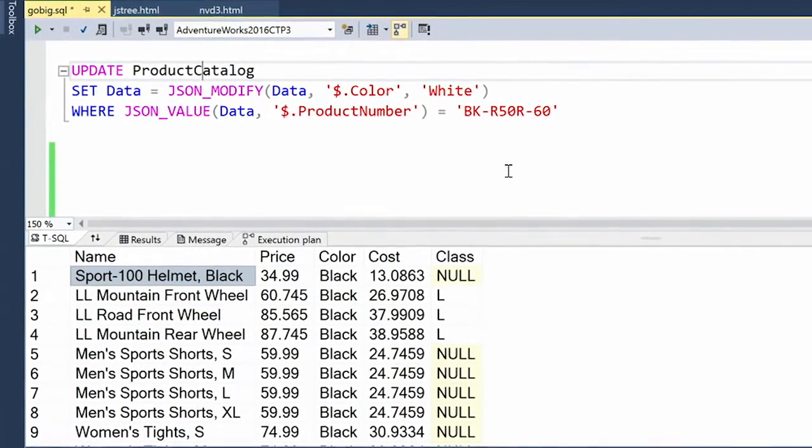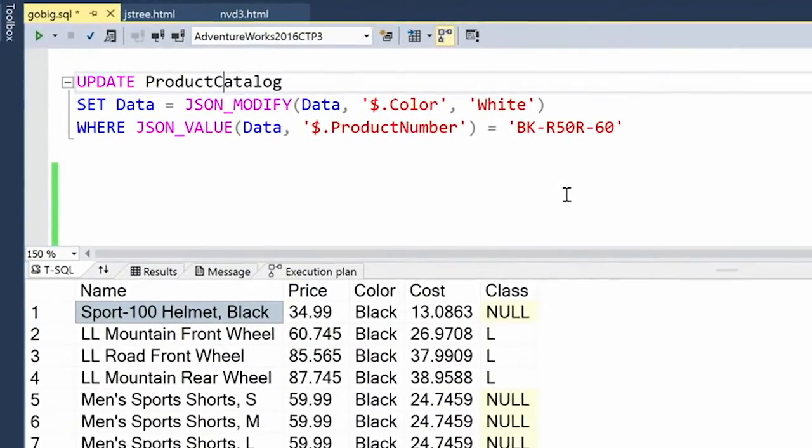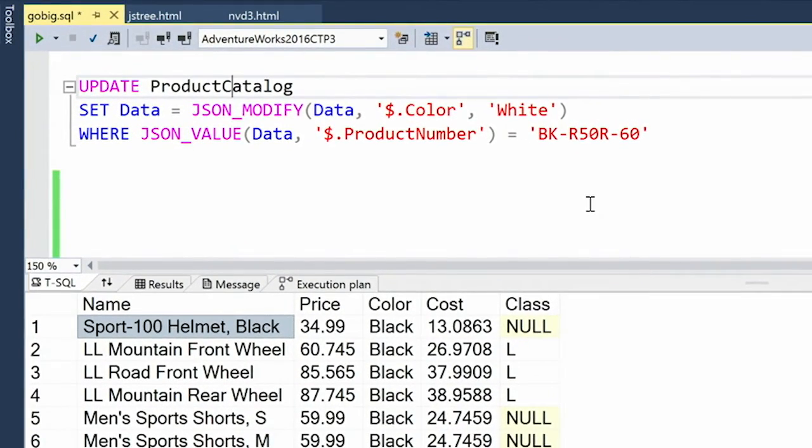You can also modify any value in JSON text using the JSON modify function. This way, you have the same experience while working with JSON data as with any other data. This example will just take this new value and write it into the color field,